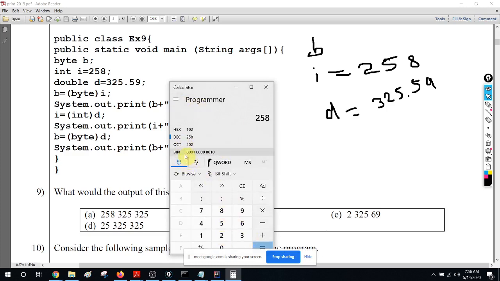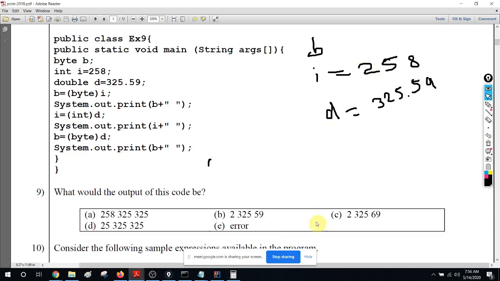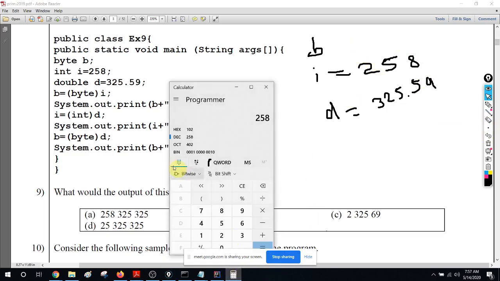So that is 1, 4 zeros, and 0010. That is 258.